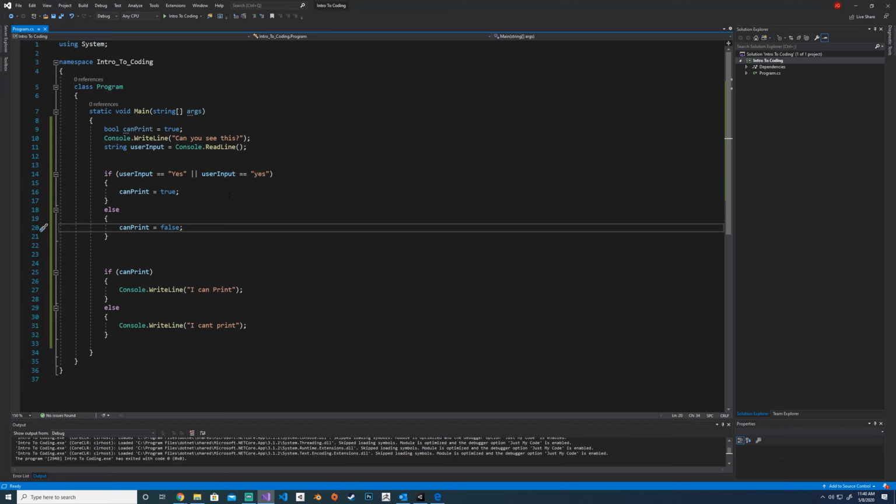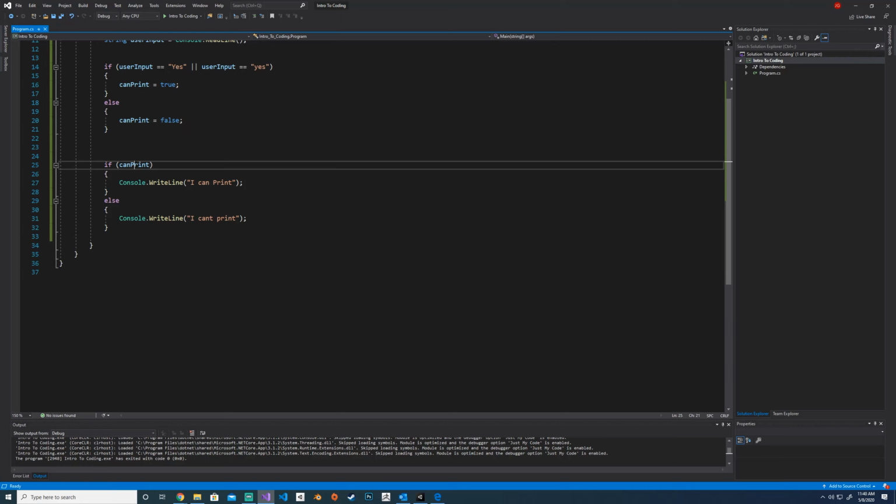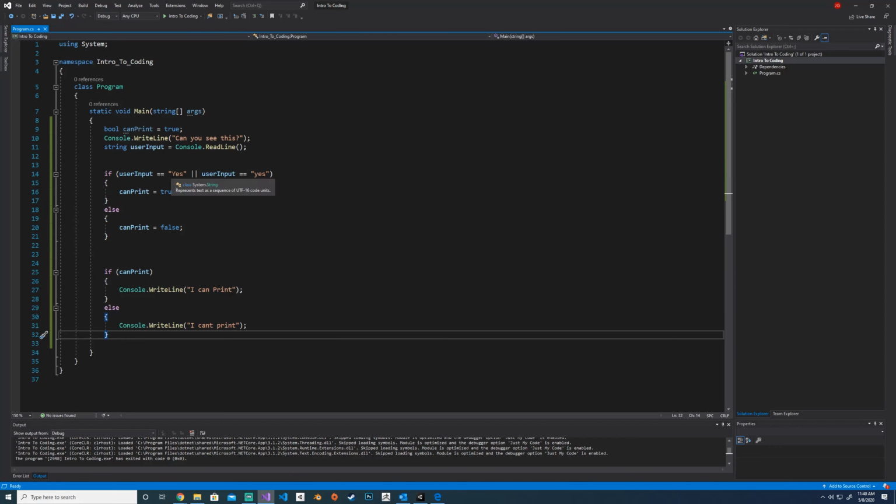So yes, can print equals true, and then we're going to check again down here. If I can print, then I'll print I can print. Otherwise, I'll say I can't print